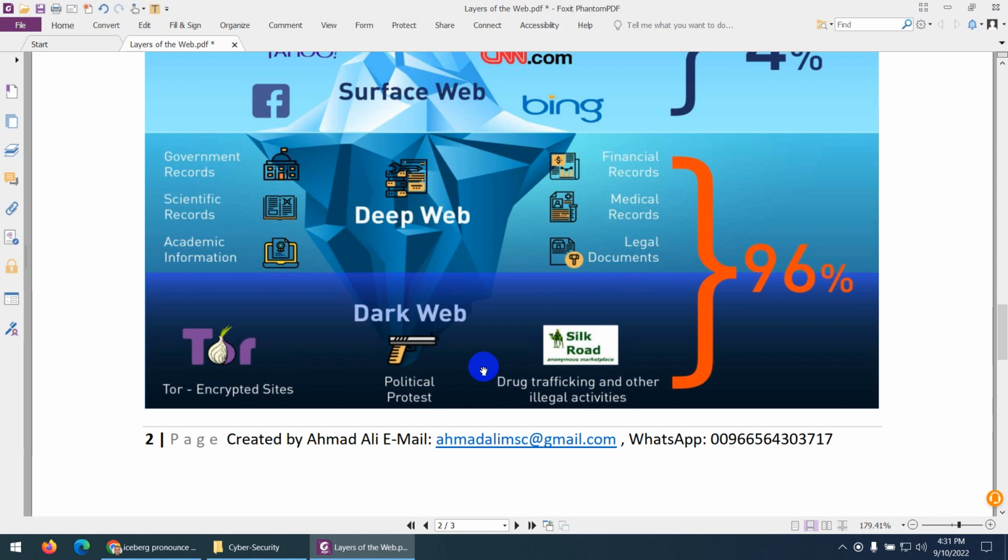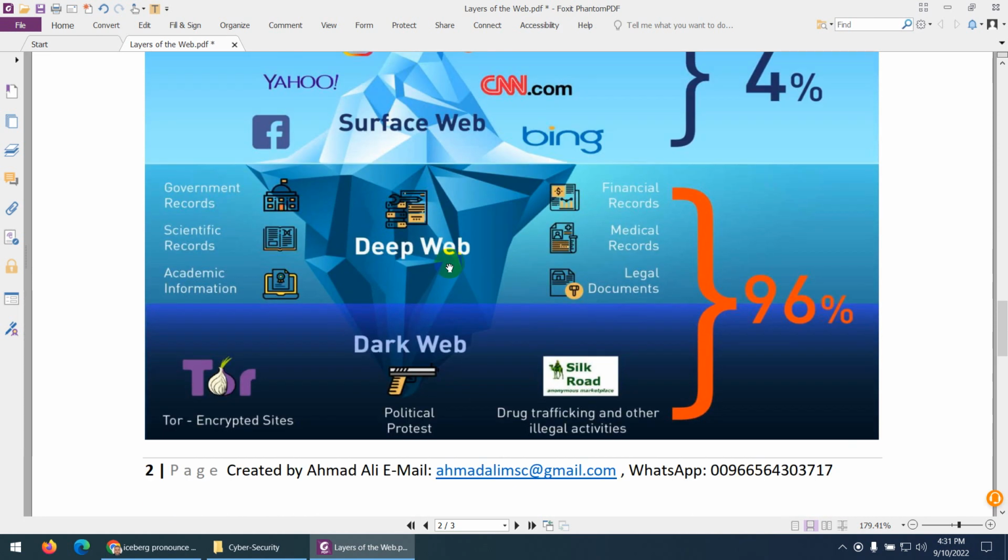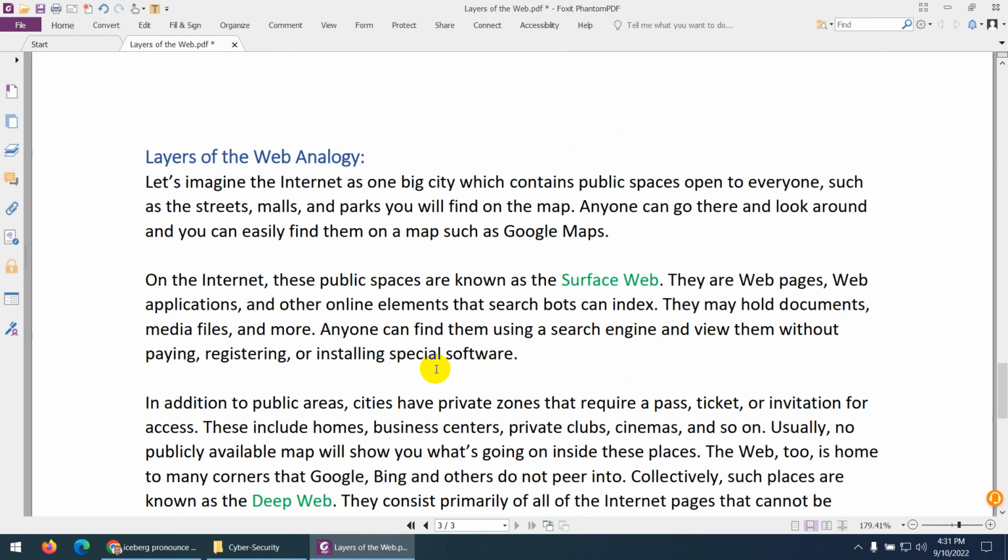under the dark web. And maybe you heard this in the media as well, that pornography and child abuse and so many other things, they are using the dark web to exchange this information, by the way, in many countries. So illegal activities are done. So this is our iceberg. We are on the surface. Then there is the deep web, and then the dark web inside the end. Okay, so all these activities are done.